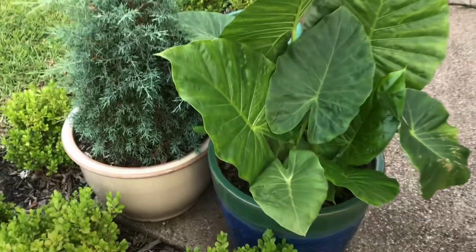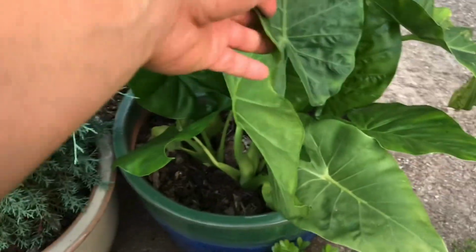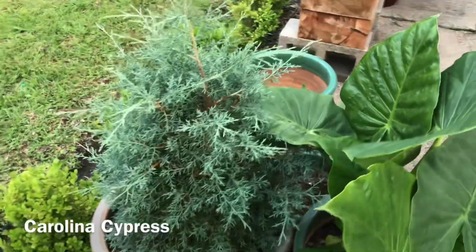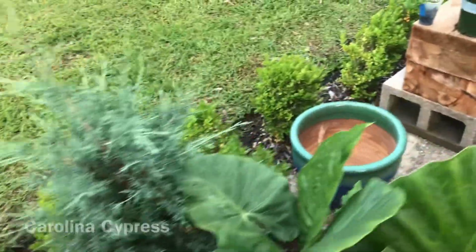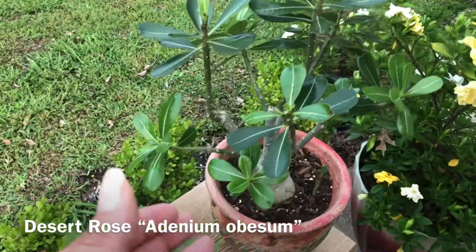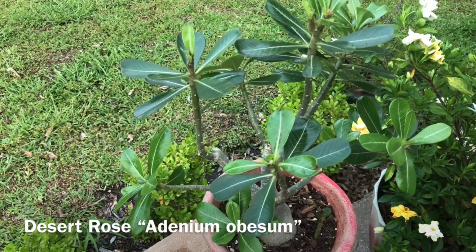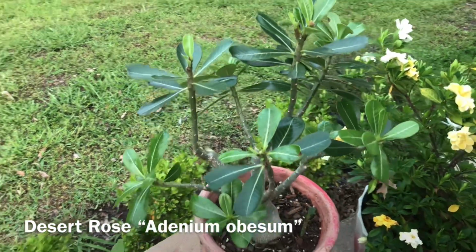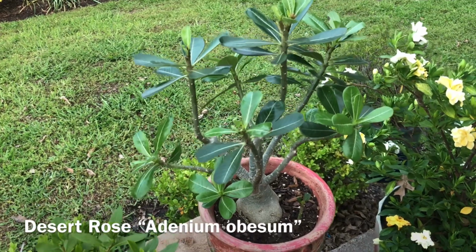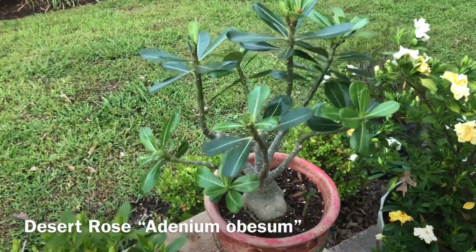The Alocasia odora is growing pretty good. I have this blue Arizona cypress, and I'm gonna end it with this one. This is one of the, I would say, most exotic plants I have, and really the flowers are amazing. It's a desert rose,